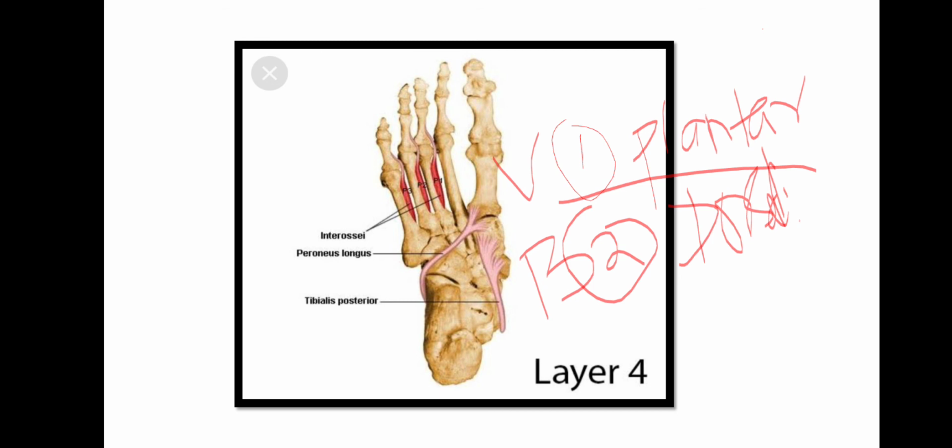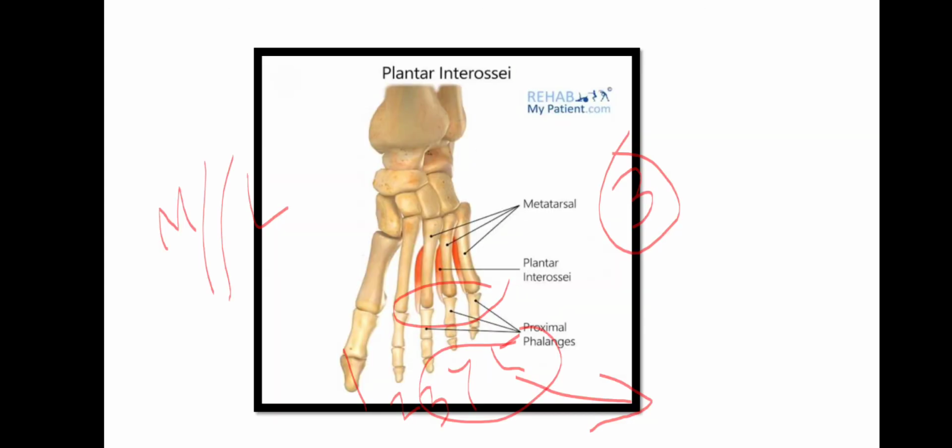Now there are the dorsal interossei muscles, which are bipennate. I forgot to add a picture of that. They are bipennate muscles. Now you can find them between the two sections. That is, first you can see it between the